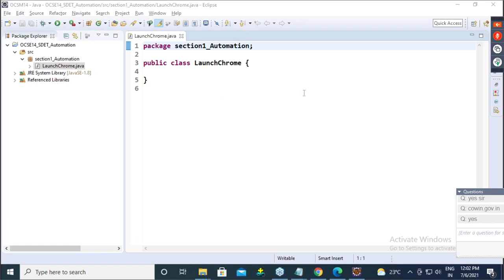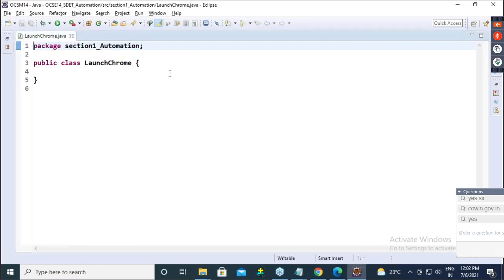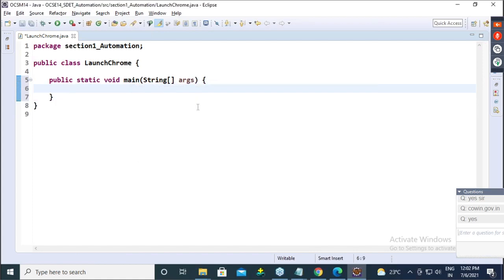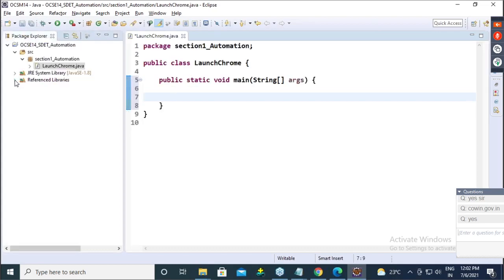Okay. So guys, now here we will have launch Chrome. Obviously, we need the main method. So declare the main method. Now, in this, we have to launch Chrome. Observe here in the Selenium jar that we added.